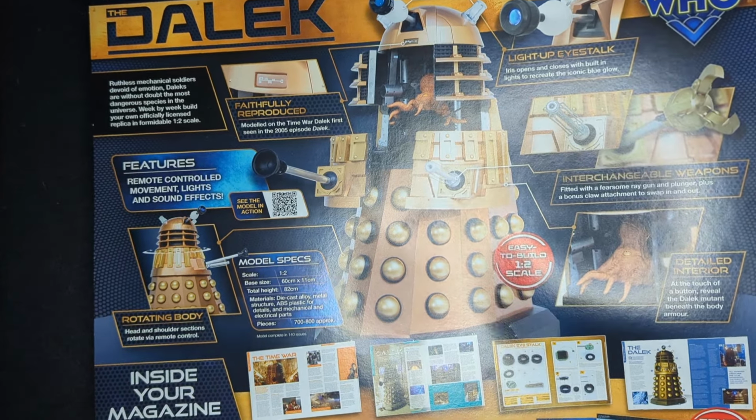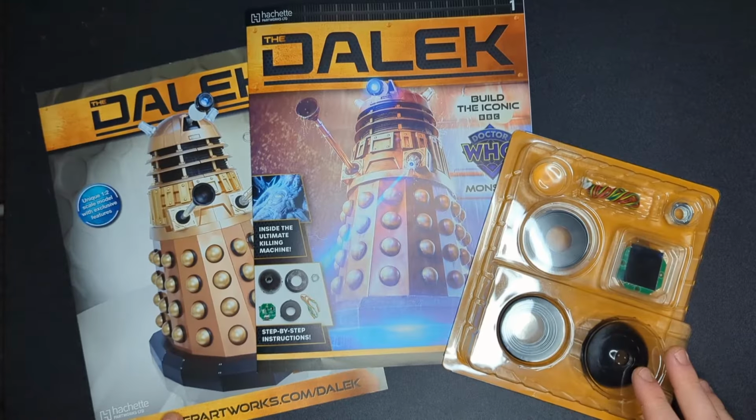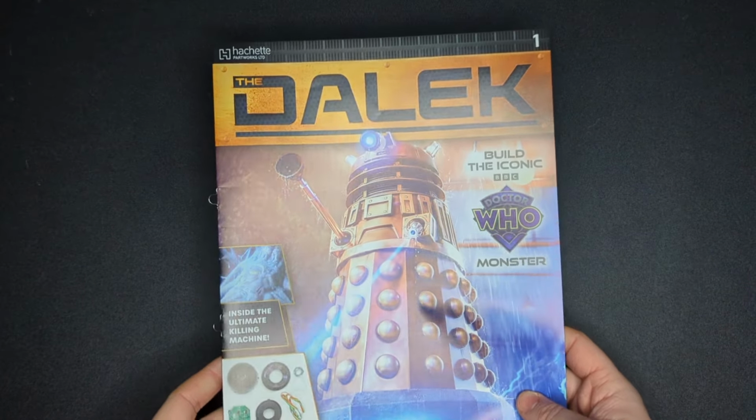Light up eye stalk. So that's enough for the packaging. Let's get this open. Is everything out of the packaging? Let's take a look at the magazine first. So here's the magazine, and I've got to say the design of this looks really cool with that picture of